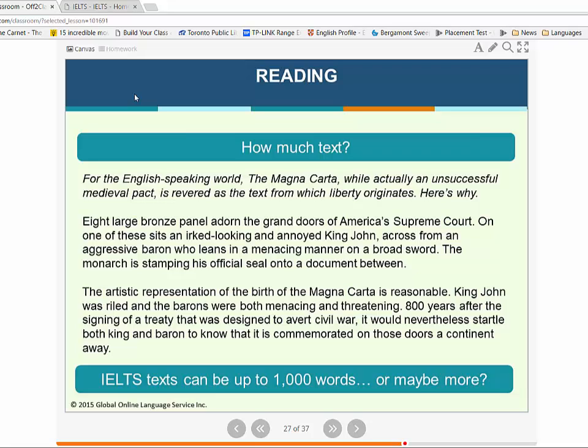When you're teaching IELTS, I mentioned this, how much text do you use in the lesson? I am wary about using full IELTS practice tests. As I said, the IELTS text, I've typed a few of them out in my time just to see, and they can be up to 1,000 words. I think the last one I typed was about 940, and the last one I did was about 1,100 words. That's extremely long to be using in a 40-minute lesson, I would say,